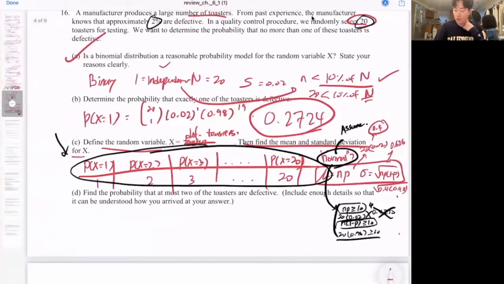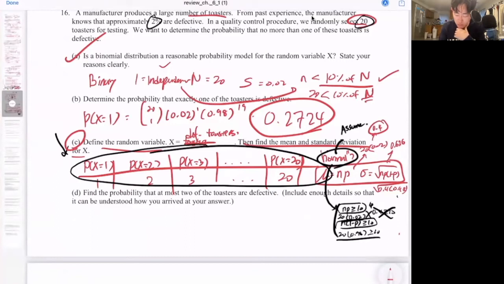Define the random variable, but it doesn't meet the criteria to do this. The only way to actually do this problem is to solve it by just plugging into the formula here. So I really have no other choice but to assume normality, even though it doesn't really meet the condition here. So I'm going to put the C on the side, because I really don't like the way that the answer key also said it. It needs to assume normality in order for you to be able to use that formula.